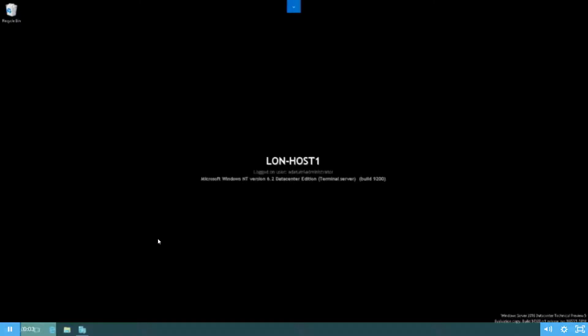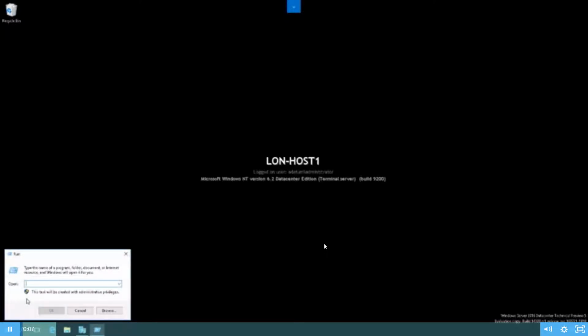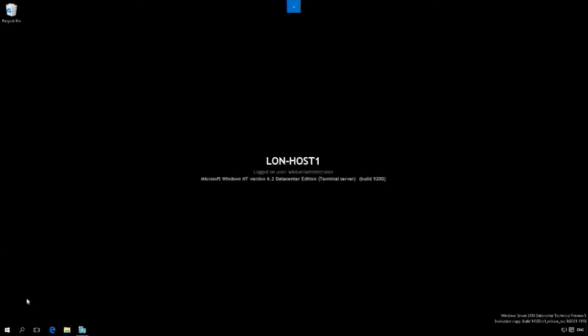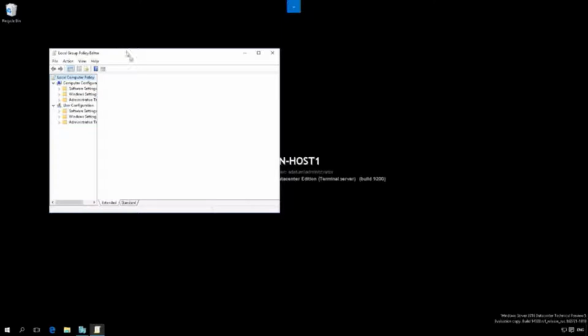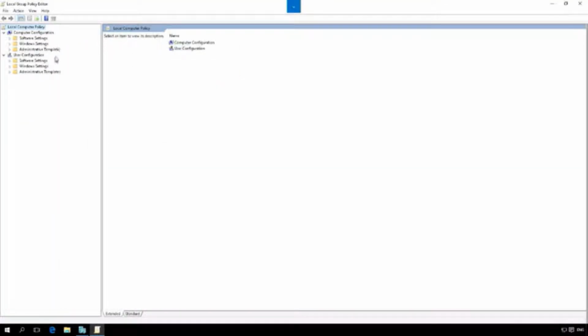So let's take a look at the policy settings. We're just going to open up the local policy here right now, gpedit.msc. That'll open up the local group policy editor, and we can see it's separated into computer configuration and user configuration,